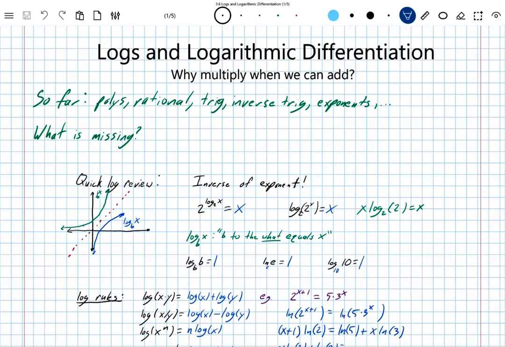They are not just going to be good for their own sake, but once we learn how to take the derivative of a logarithm, it'll help us do all kinds of other derivatives as well. So this is why this section is both called logs and logarithmic differentiation, which will be using logs to help us out, turning complex operations into simpler ones. Okay,